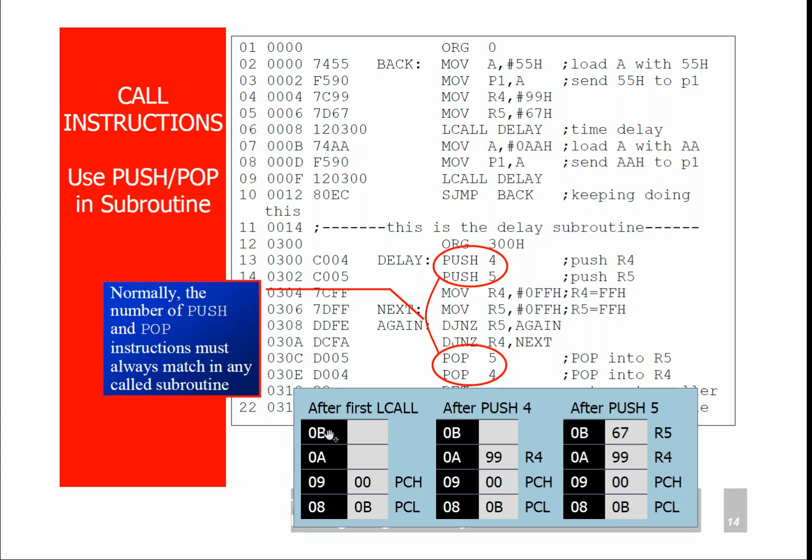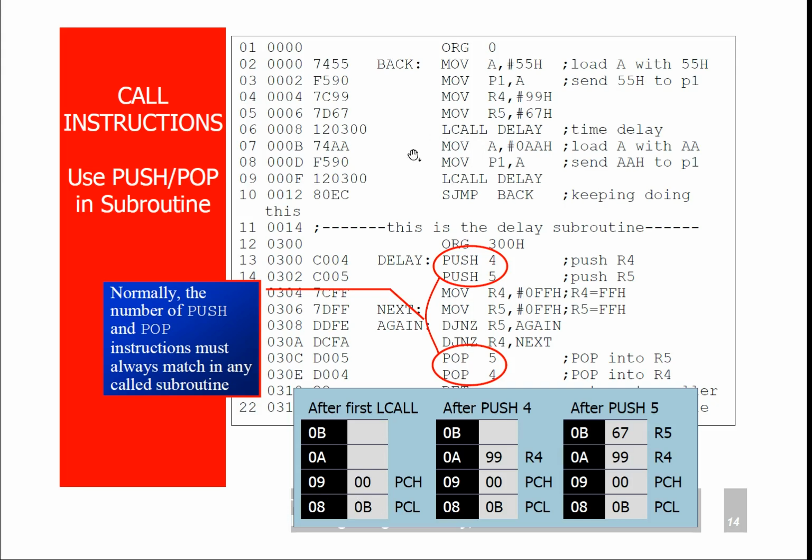As you can see here, after first call in the 08th location, because the default value of stack pointer is 07. So before loading the lower byte of this address 0b, the stack pointer will be incremented by 1 and it stores the lower byte first, and then again it increments the stack pointer and it stores the higher byte, that is 00.